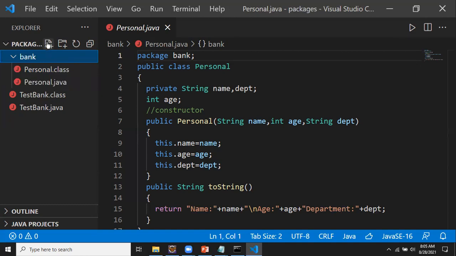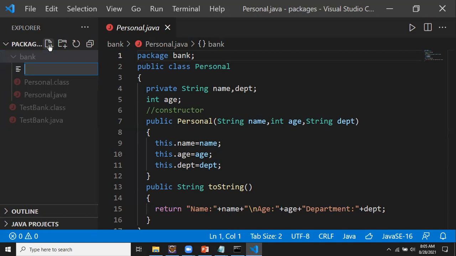When you click on this first plus button, you can see on the mouse pointer that it is going to show me the title. It is going to give me New File. Just click on this one, and it will ask me for a file name to be given.